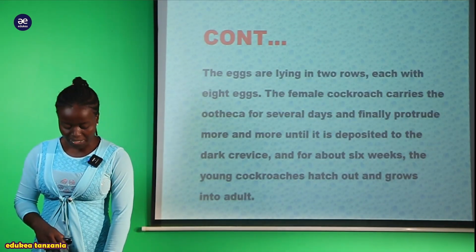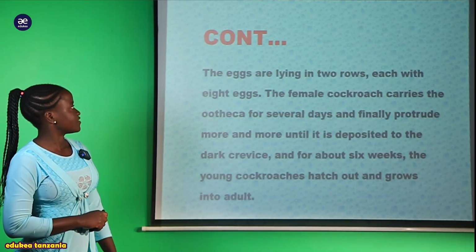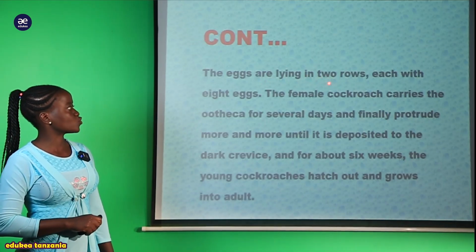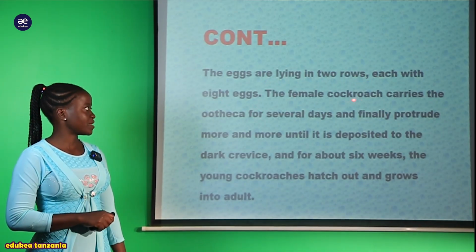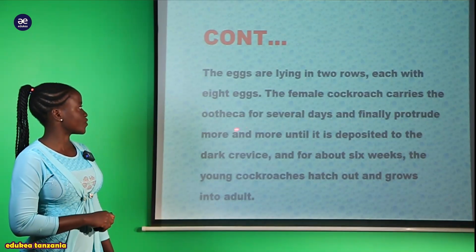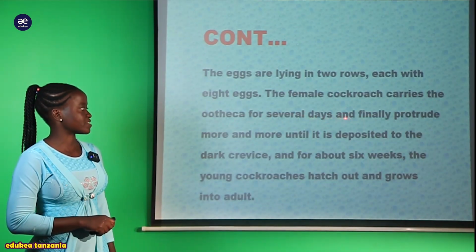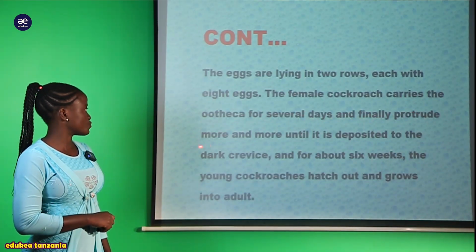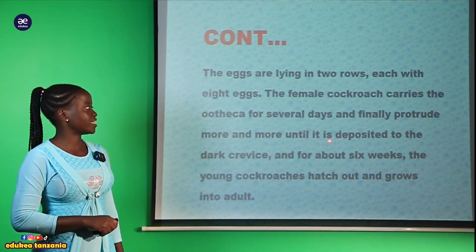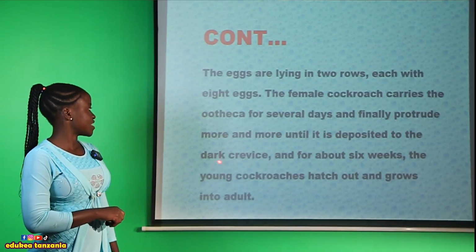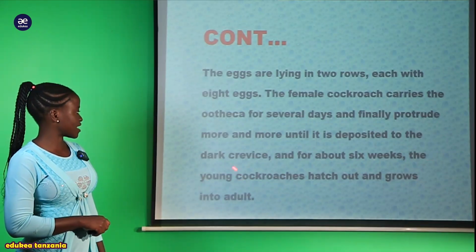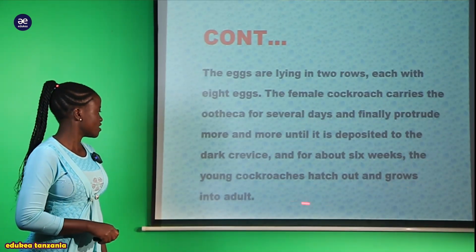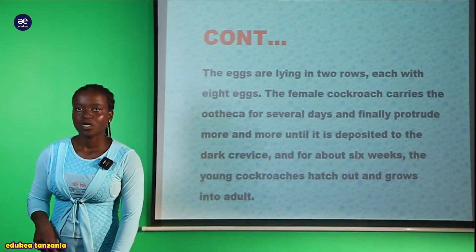So also, my students, we can say that the eggs are laid in 2 rows, each with 8 eggs. The female cockroach carries the urethra for several days and finally protrudes more and more until it is deposited in the dark crevice. And in about 6 weeks, the young cockroach hatches out and grows into adult. Remember,